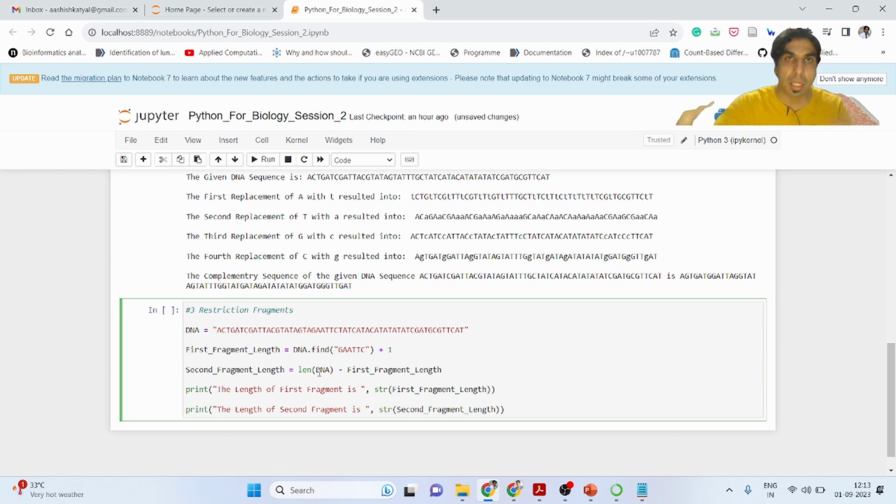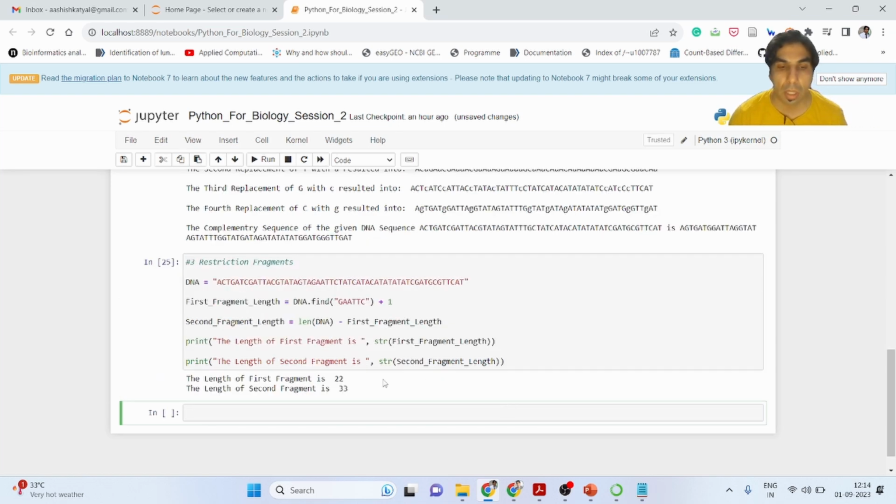Along with that, in the reverse complement sequence, for example, here the length is 15. At the 5th position the GAATTC region is available, but in the reverse strand it is also available because it's a reverse complement. For doing that, we are just subtracting the first fragment length from the entire length of the DNA sequence, so we can get the lengths of both restriction fragments.